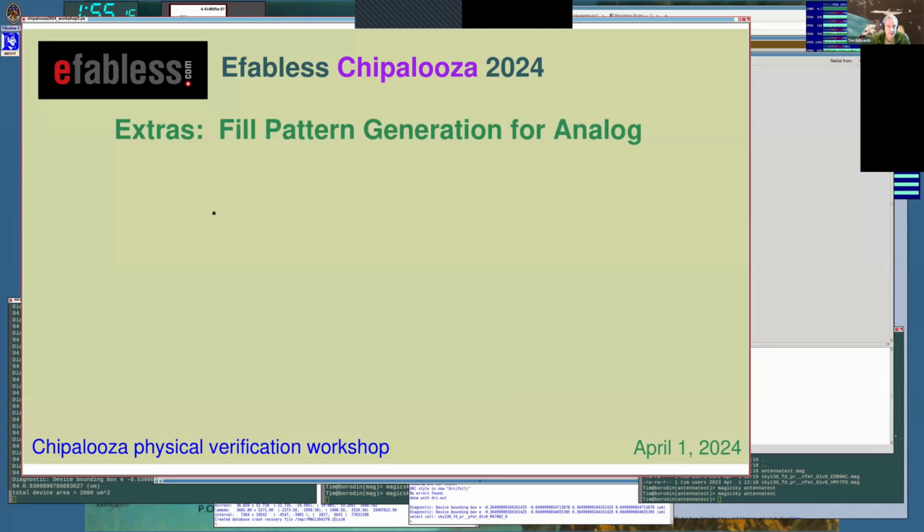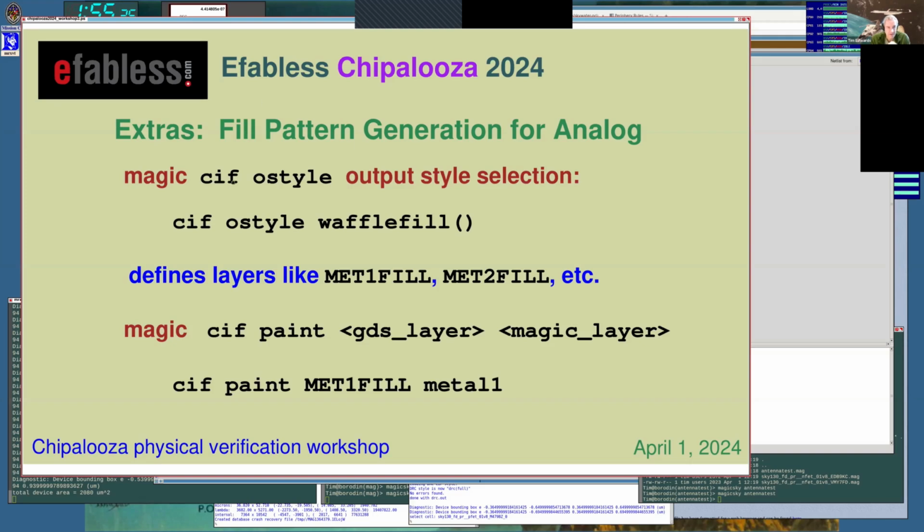Since we're sort of running out of time, I want to give a little time for questions and answers. So I'll go through this really quickly, and then I'll leave this in the slides that I post to the Slack channel later. But for doing fill pattern generation, there is something called CIF-O style, which is the style that it writes GDS in. Normally, you leave this alone. If you're just writing GDS, you don't touch this at all. But if you change it to CIF-O style waffle fill,